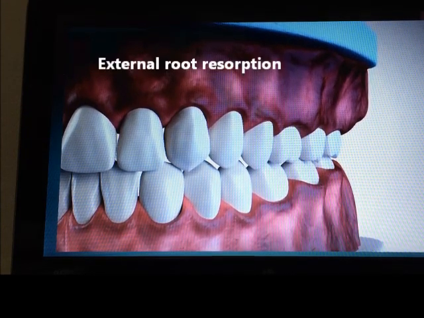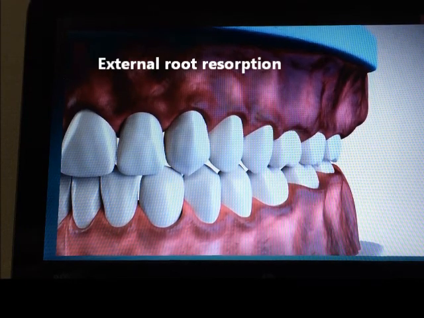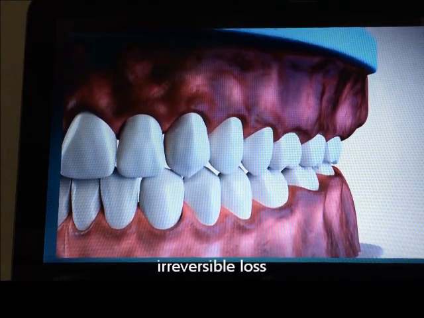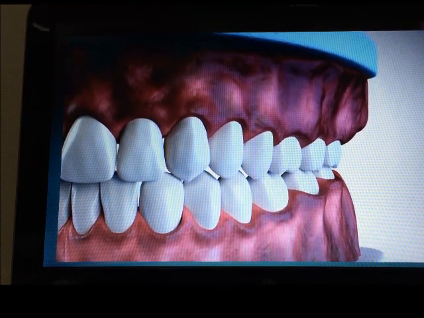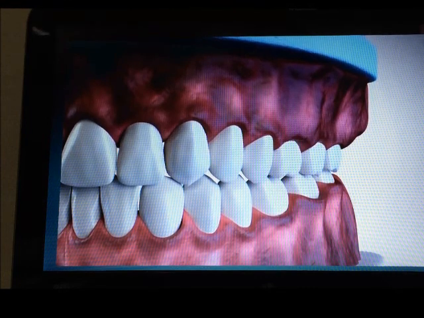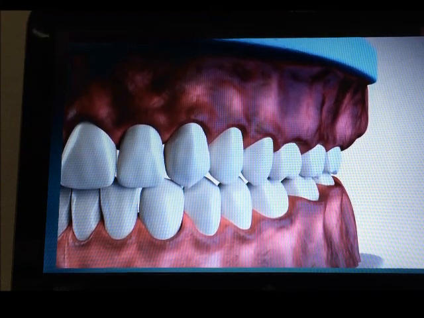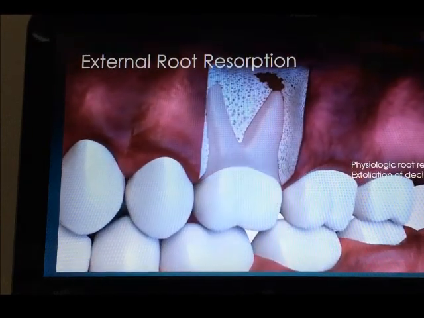External root resorption is a process that occurs in both vital and non-vital teeth, in which there is an irreversible loss of dentin, cementum, and bone. It can be either physiologic, in which it is a desirable process, usually occurring in primary teeth, resulting in the exfoliation of deciduous teeth,